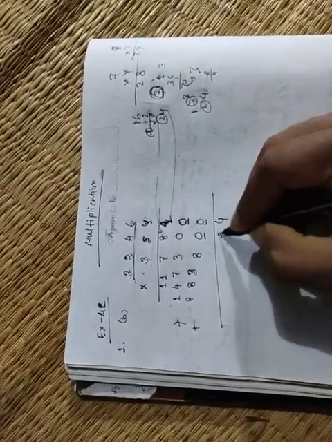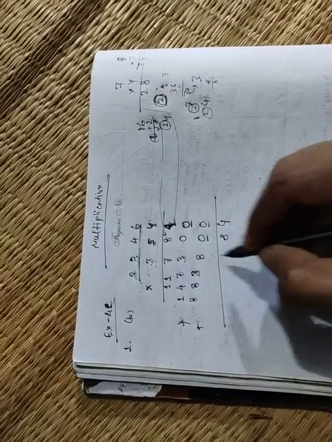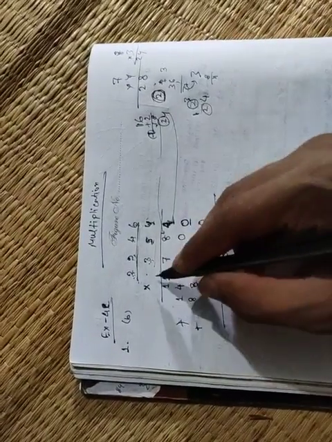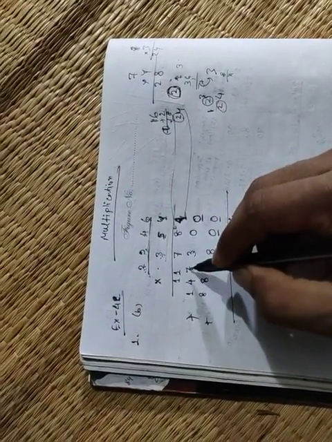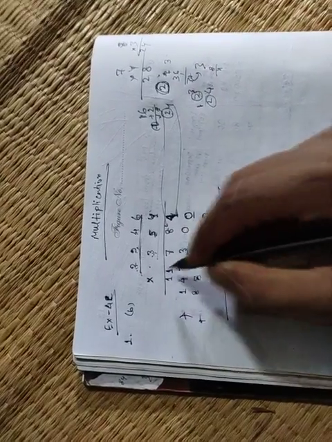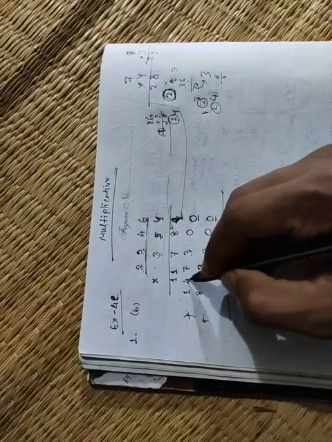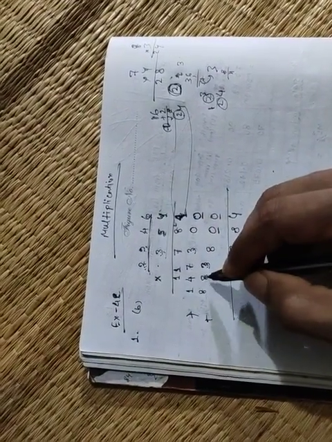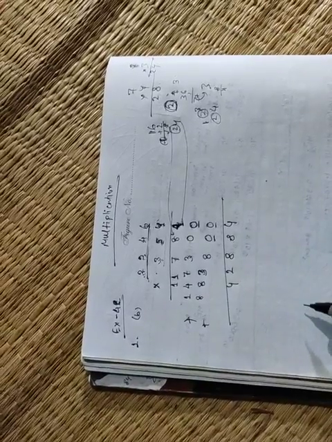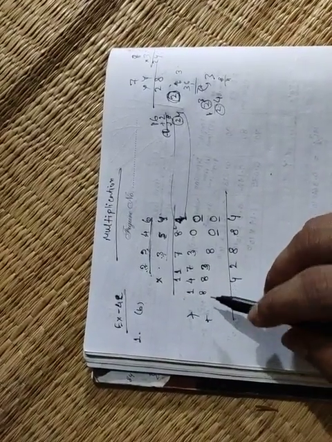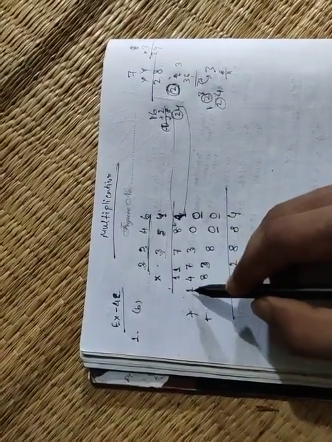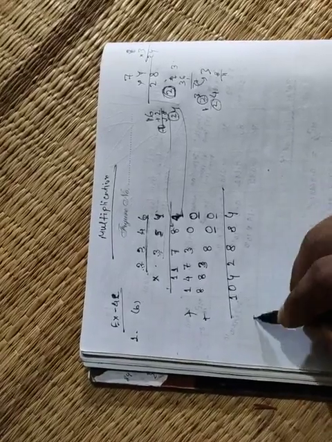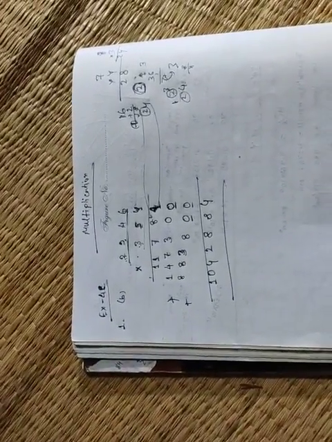So 4 plus 8 plus 7 plus 3 is... 10, 8 is 18, 1 will be carry. 3 plus 1 plus 4 plus 4 plus 7 is 11, 1 is 12, 2 and 1 will be carry again. 1 plus 1 plus 2 plus 2 plus 4 plus 6 plus 8 is 14, 4 and 1 will be carry. 1 plus 1 plus 2 plus 2 plus 8 is 10. So this is the answer.